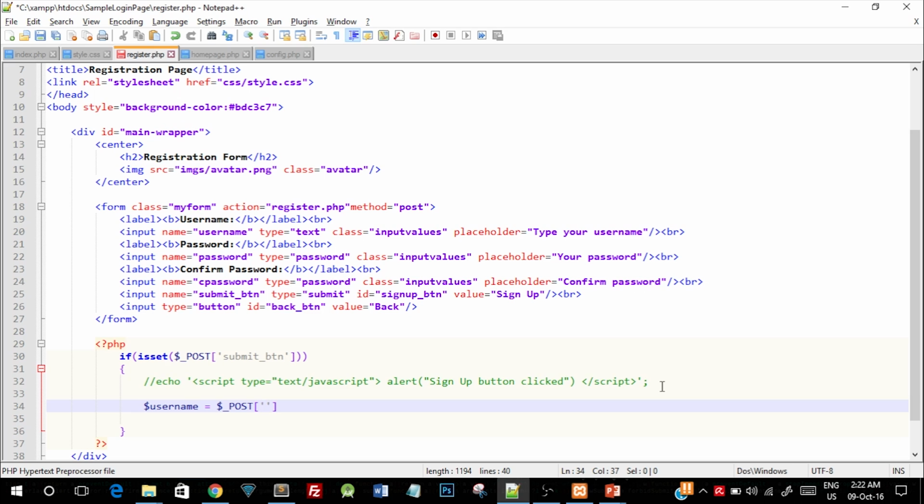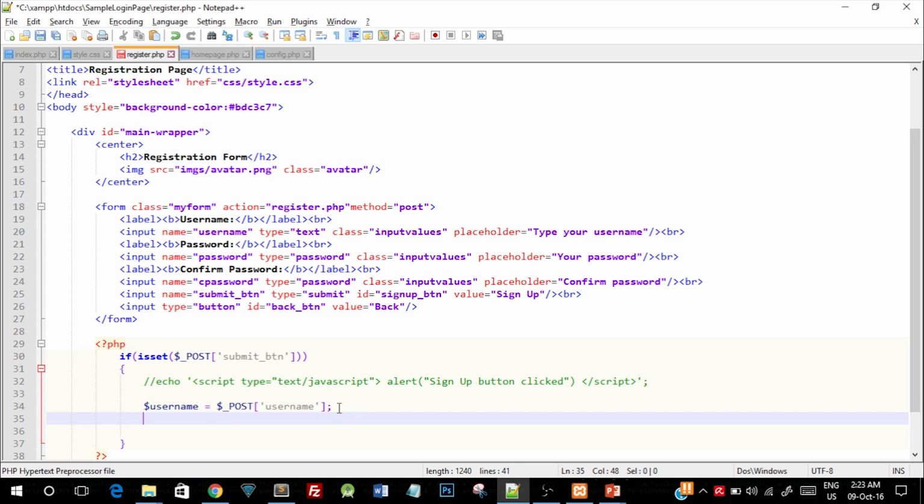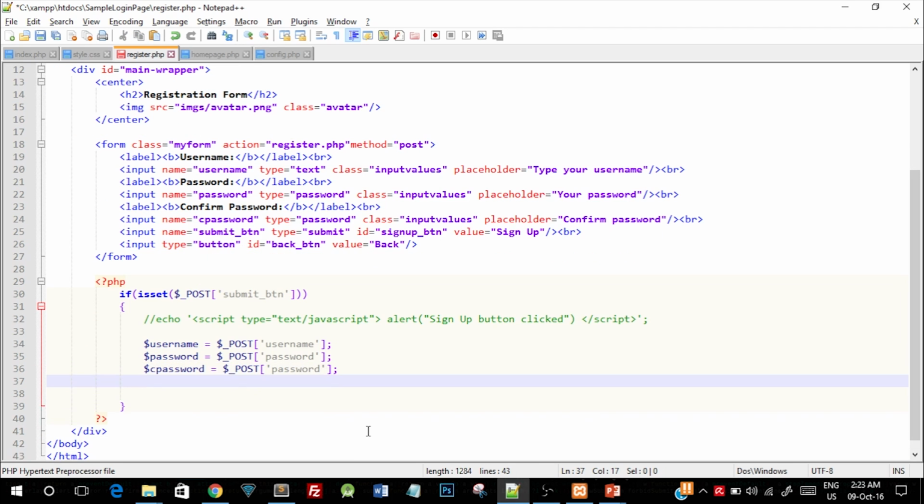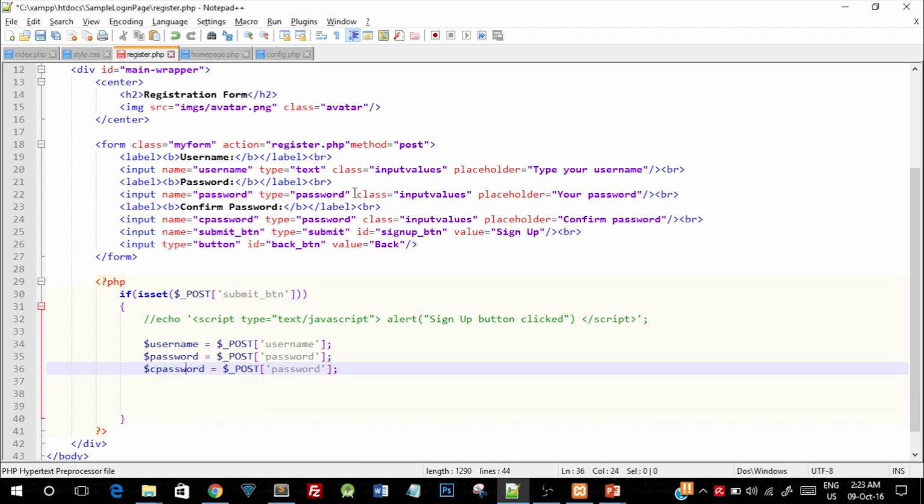Inside the single quotes, we have to take the name which we gave to the input text box, that is username. Similarly, we have to create password and confirm password. So now we have got the three different values. Now we'll also add some validations, that is, we'll make the user input those values compulsorily, because we don't